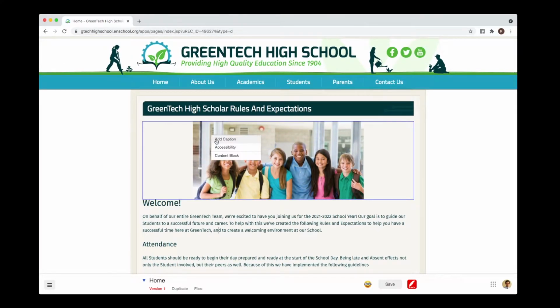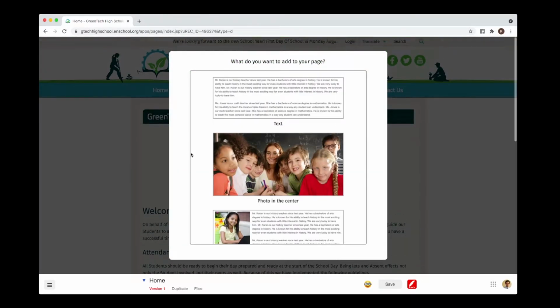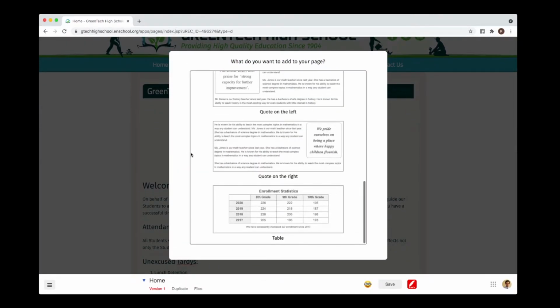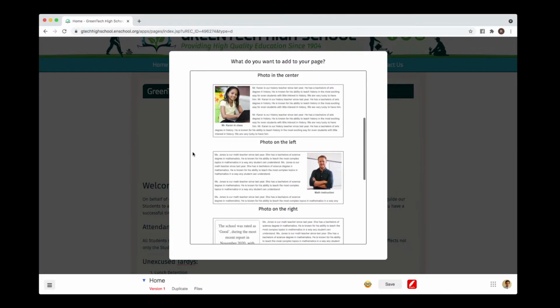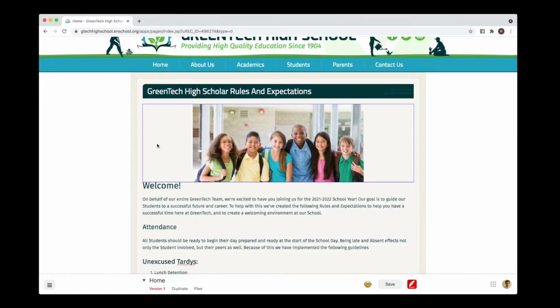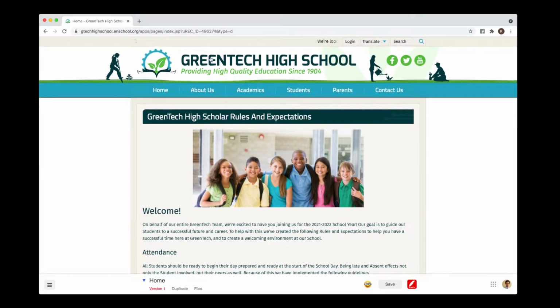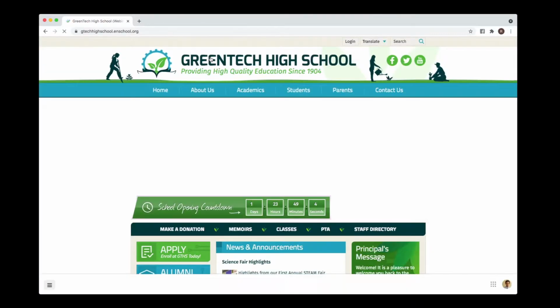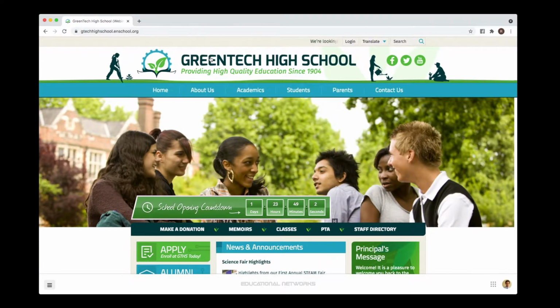Also, this gives you access to a variety of new formatting options as well. This includes tables, content blocks for quotes, photos, as well as text, of course, too. Now, when you go in and create a page, such as a department page, maybe the athletics page or the